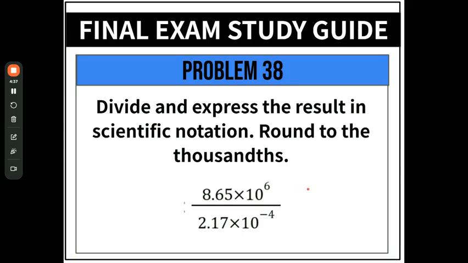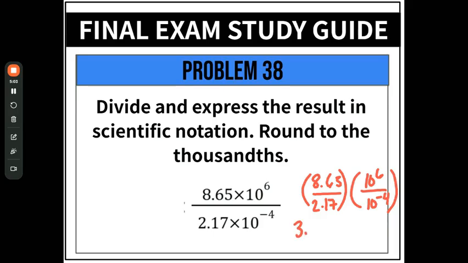So I'm going to rewrite it as 8.65 over 2.17, and that's going to be my first parentheses, multiplied by 10 to the 6 over 10 to the negative 4. Okay, now these two numbers I can just divide like normal. And when I do that, I get 3.986